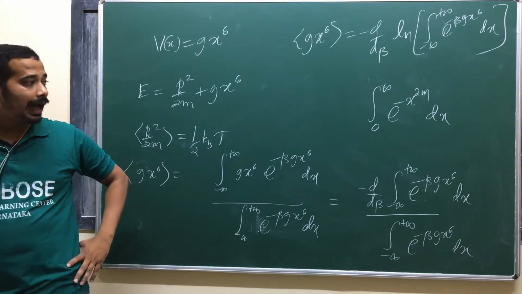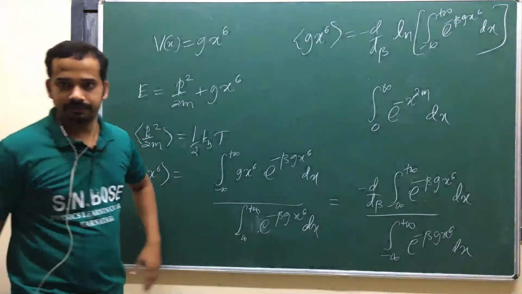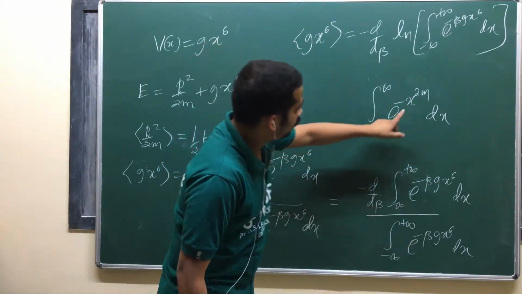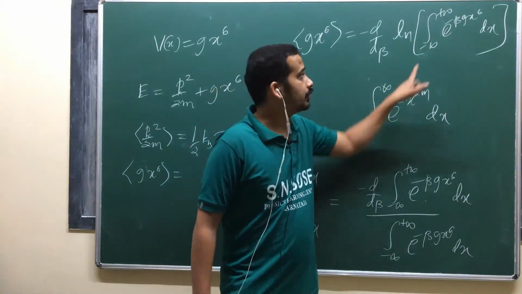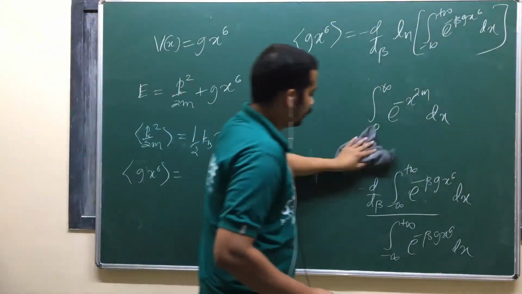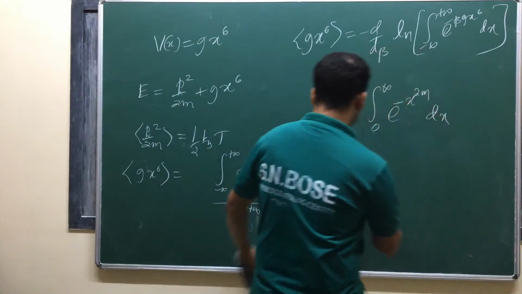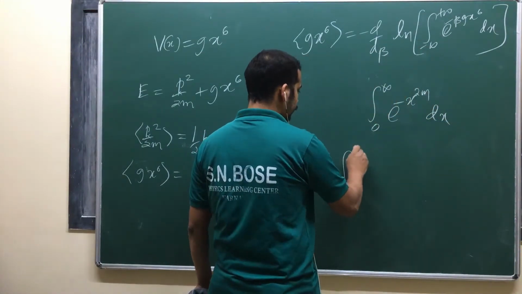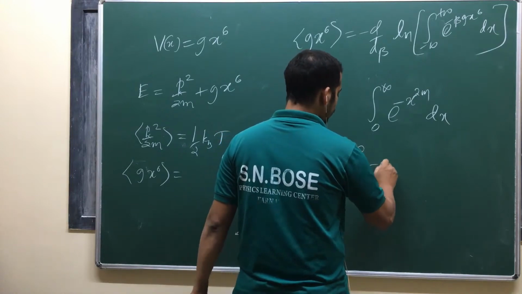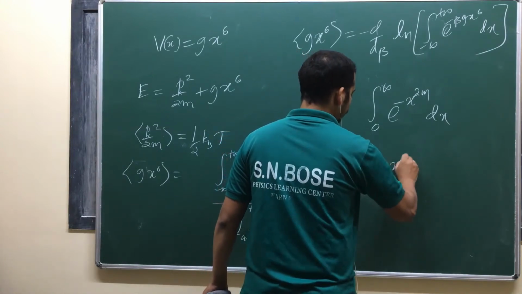You had better add that integral to your table, with a coefficient. Usually coefficients will be there in our physics examples. So that's why you had better add this integral. I think I have mentioned this integral on the web page, just check that out. What is this one? The integral of e power minus some a x power n dx.